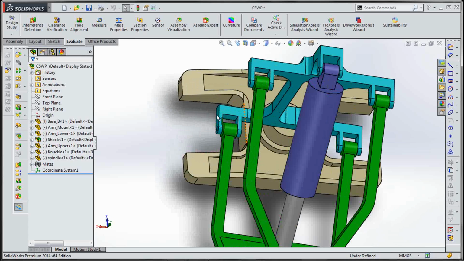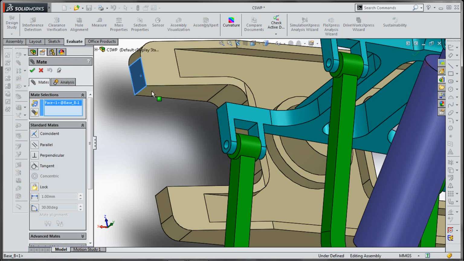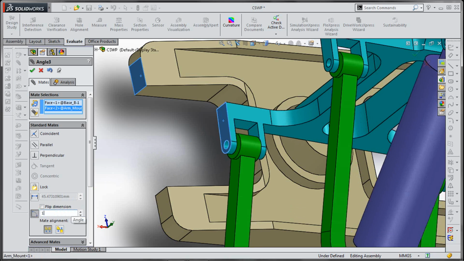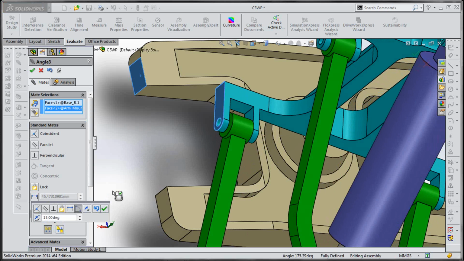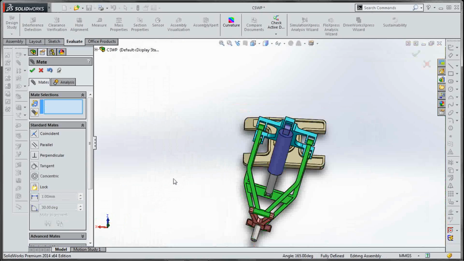Now we need just one more angle mate between this and this face, and the angle is 15, so alignment is okay.